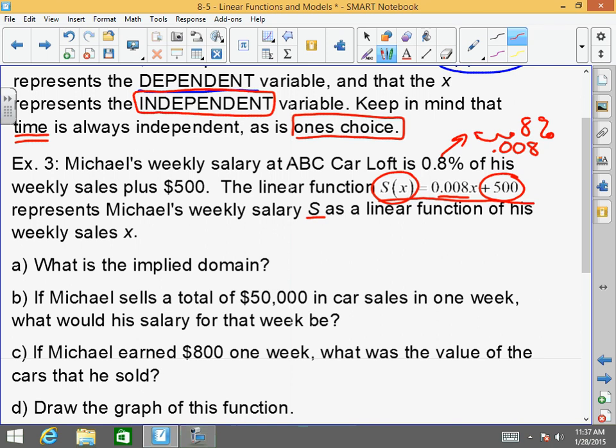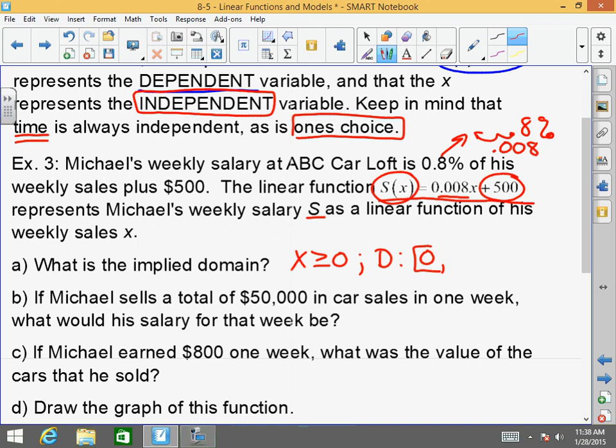So let's go through this. What is the implied domain? Okay, when they say implied domain, you have to look at this logically and you have to see, okay, what could the possible x values be? When we're not talking about real life scenarios, the domain of any linear function is always negative infinity to positive infinity. It's all real numbers. But this is a real life scenario. I cannot have negative sales. So my sales must be greater than or equal to 0. So my domain would be